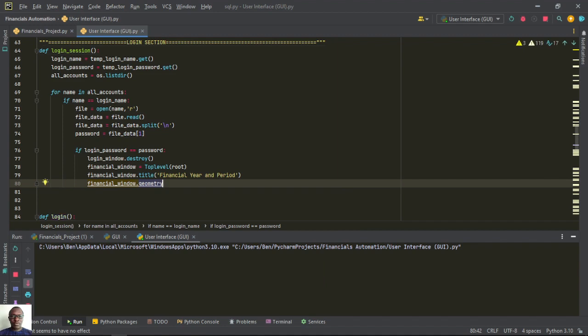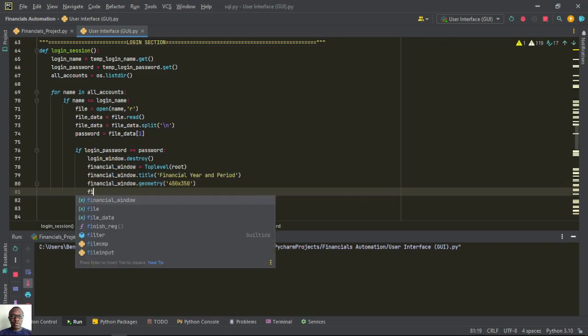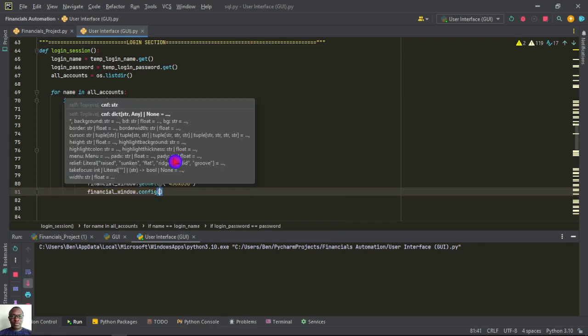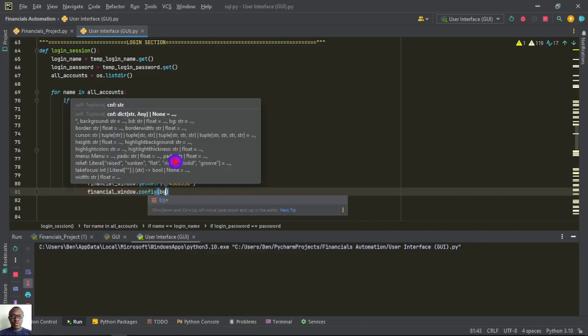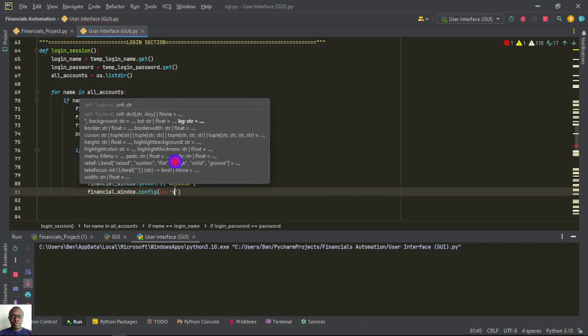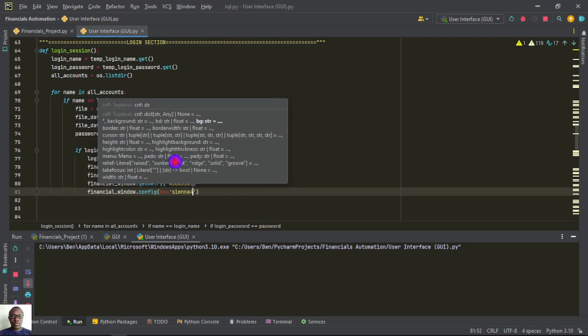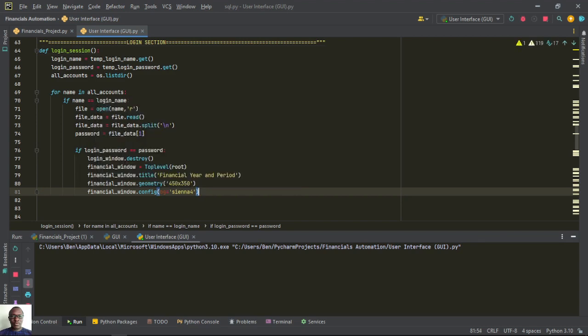So we want to give it a geometry of about 450 by 350, and then financial window dot config in bracket, you have the background color to be again sienna, it is sienna 4. Okay,